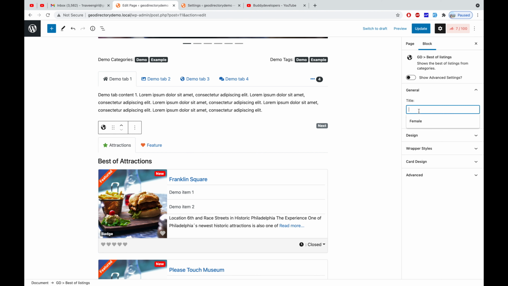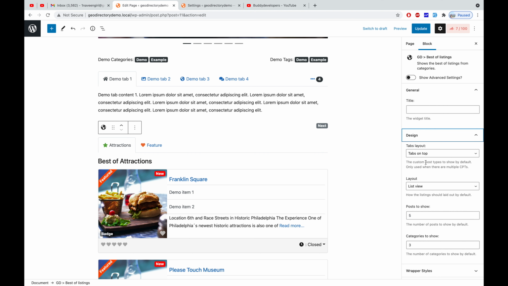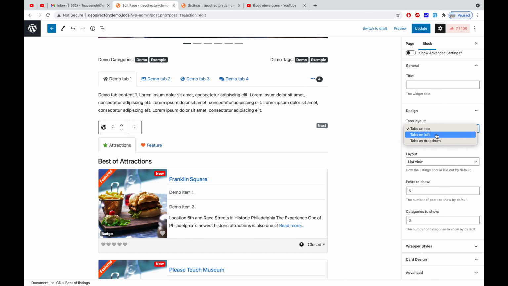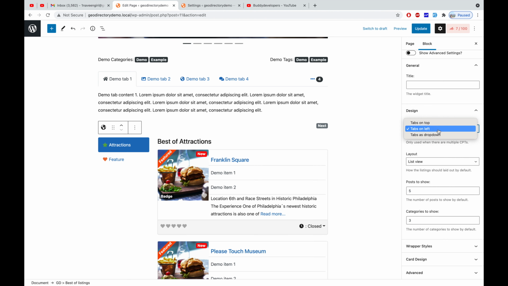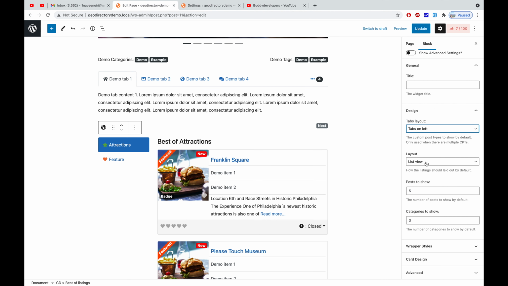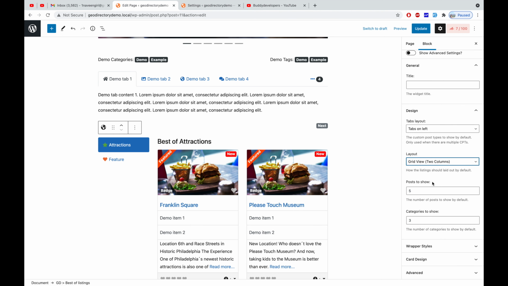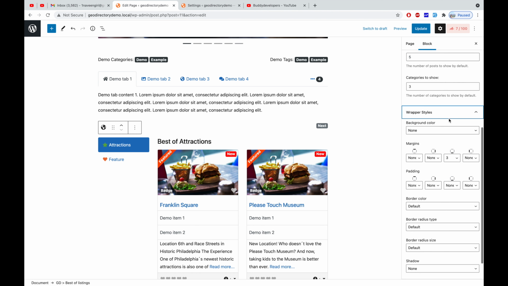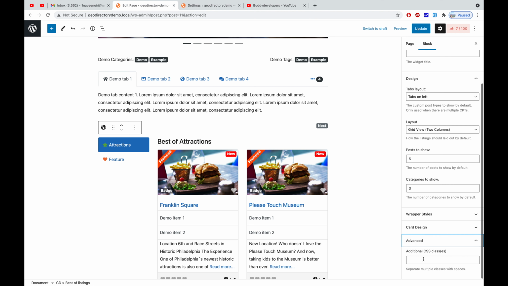So here you can see you can give it a title. Okay, no need to give a title. For example, you can give it as you need, and then you have your design specific things like the tabs on the left, or if you need tabs that drop down. So let's keep it tabs on the left. Then you need list view or grid view. Let's do a grid of 2, and how many posts you want to show, how many categories you want to be set there. Okay, then you can define the style, and then there is an advanced setting to add a CSS class,